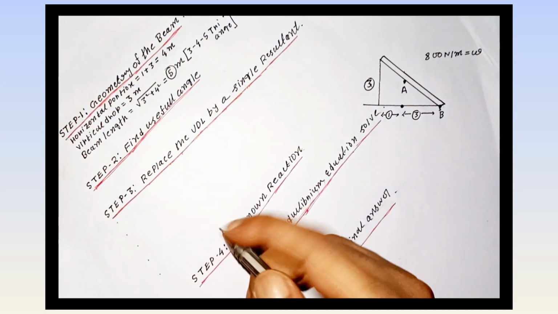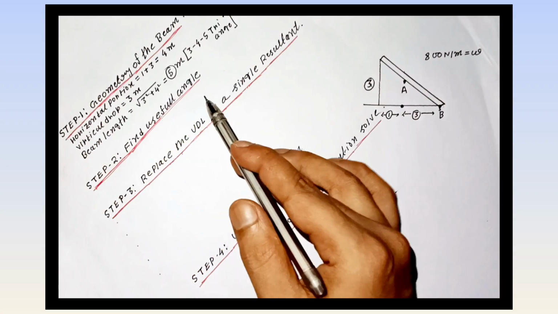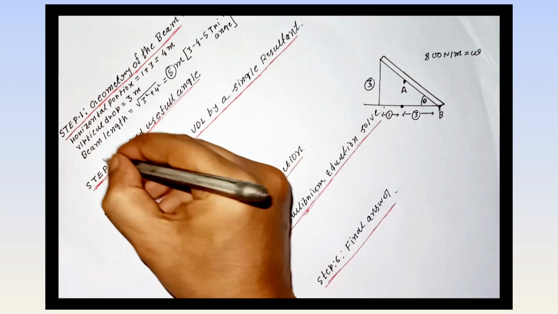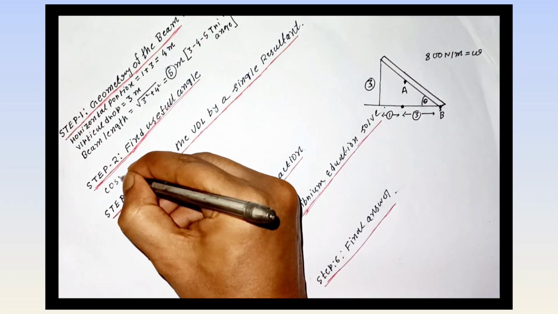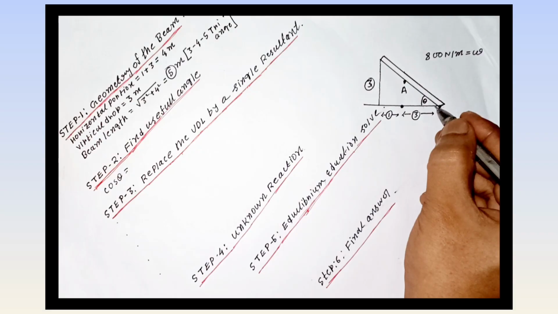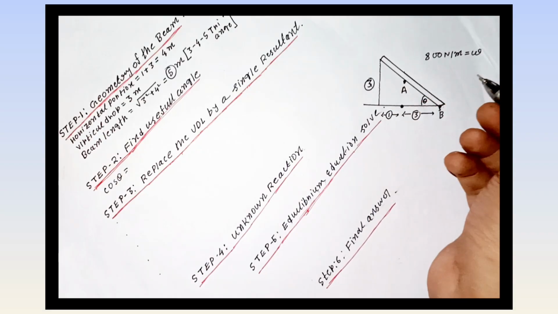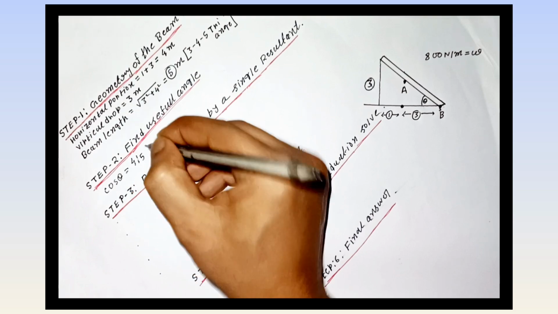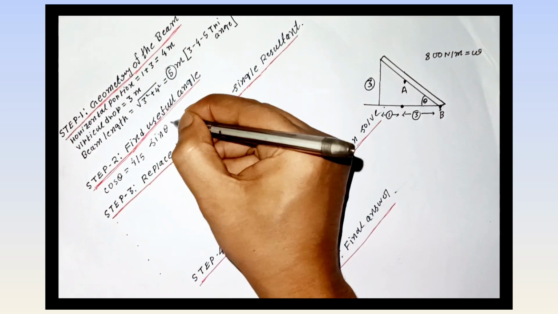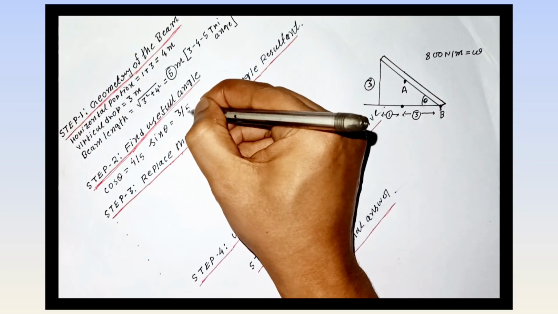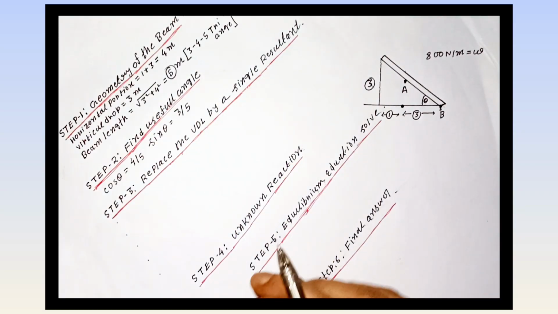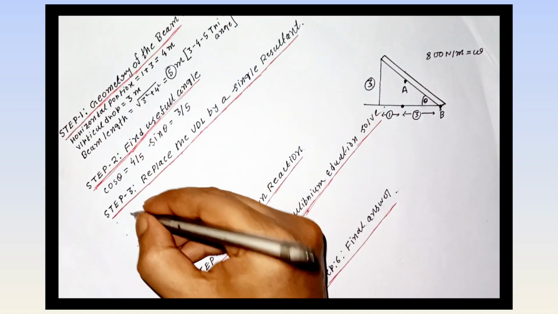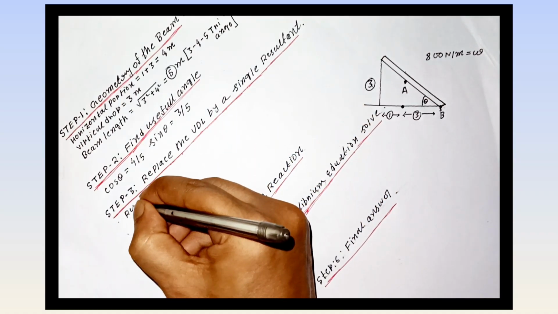Okay. Now we have to find the useful angle. Let this be theta. We know cos theta equals base by hypotenuse. Base equals 4, hypotenuse equals 5. Then cos theta equals what? Base by hypotenuse, that is 4 by 5. Similarly sin theta equals perpendicular by hypotenuse, or height by hypotenuse, which is 3 by 5. Sin theta may not be useful for this problem, but we can find it also.